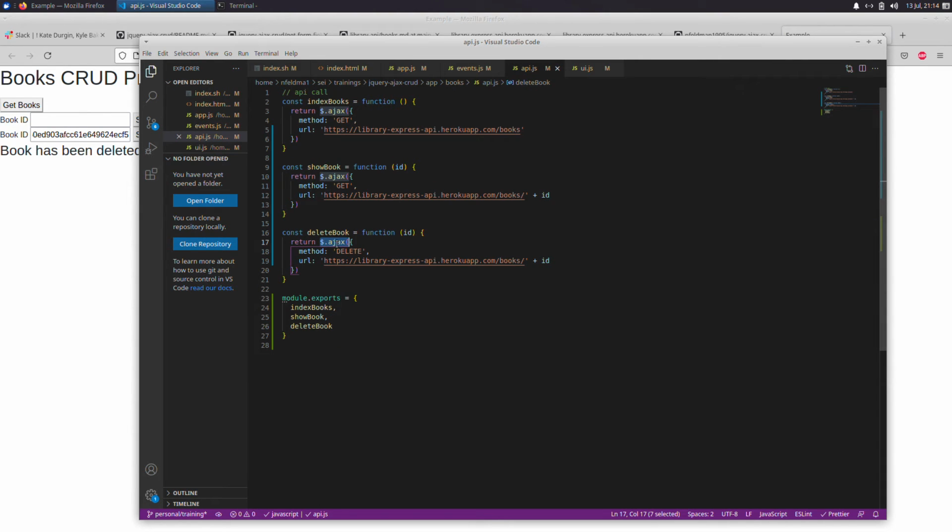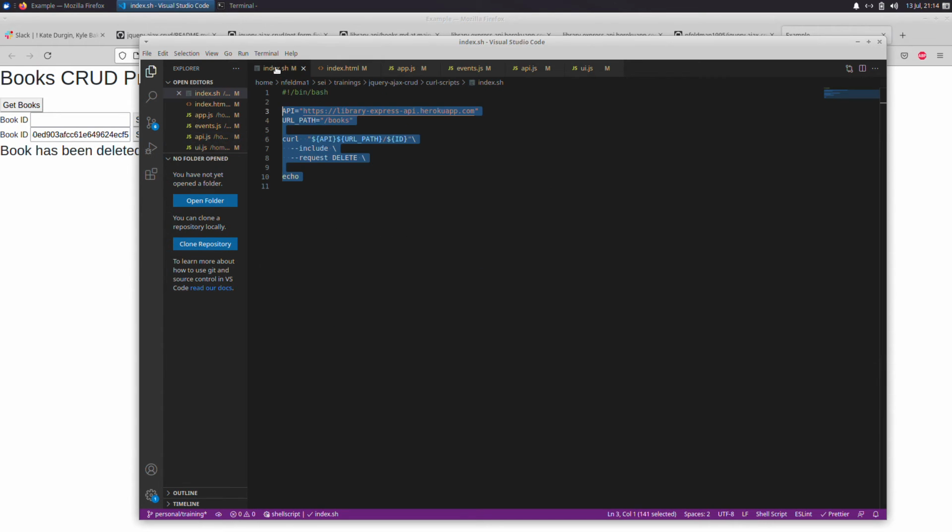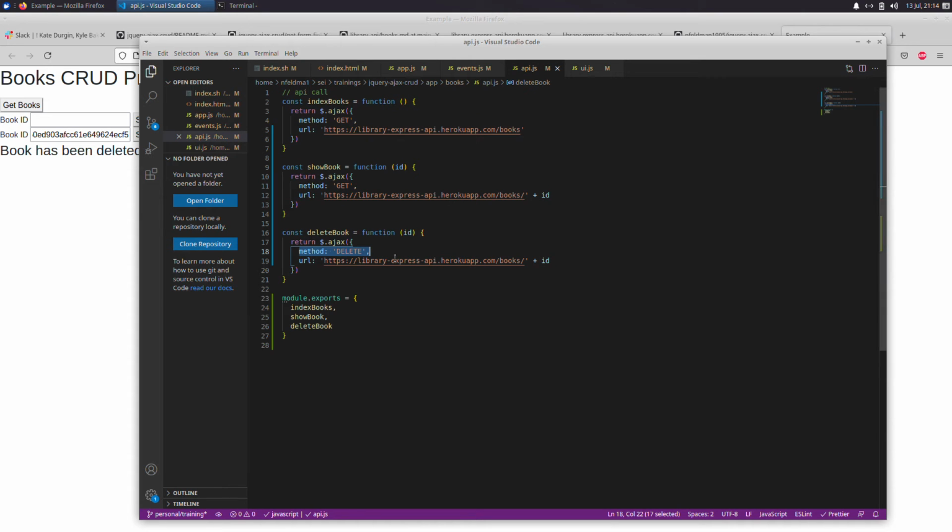This server call is where we start to see AJAX being used. AJAX is what we're using to essentially do the curl command that we had in here, except not from the command line, but from our JavaScript. We are sending to the server a command delete to this URL, which is the JSON string plus the book ID,